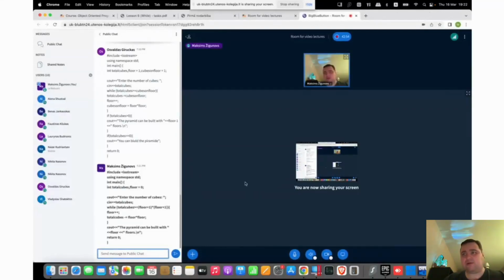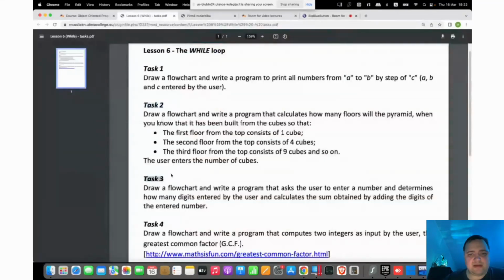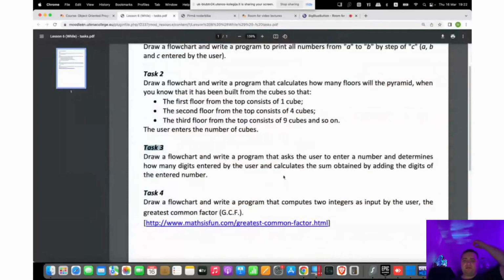I suppose we can take a look at the next task. Write a program that asks a user to enter a number, determines how many digits are entered by the user, and calculates the summation obtained by adding the digits to the entered number. So, which means if you have